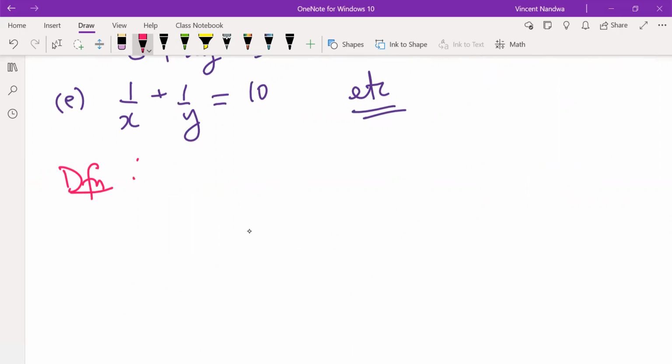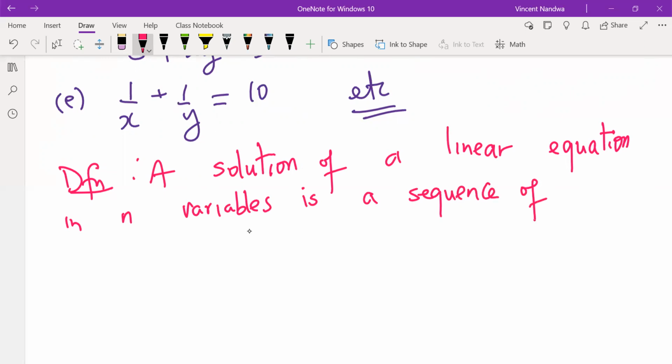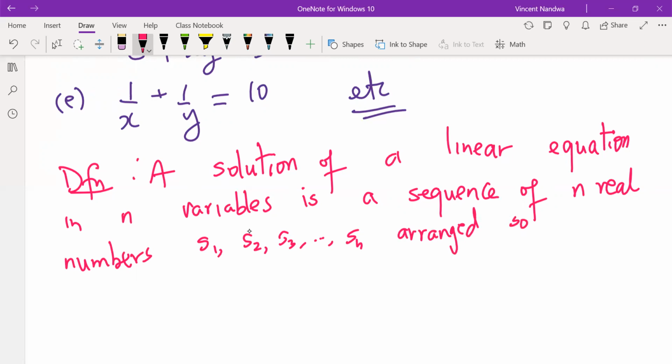A solution of a linear equation in n variables is a sequence of n real numbers, say S1, S2, S3 up to Sn, arranged so that the equation is satisfied